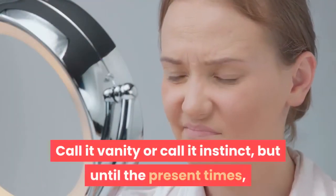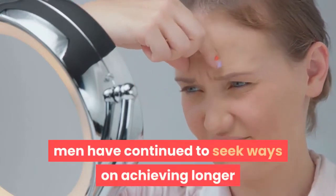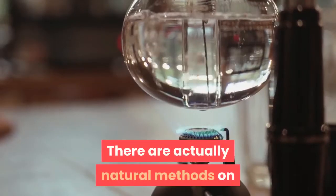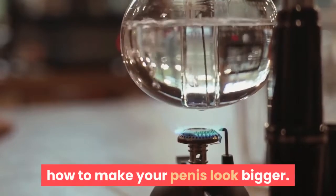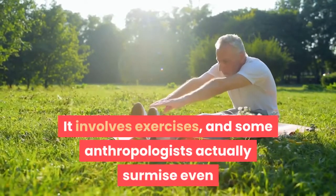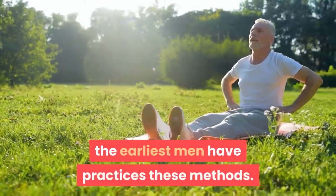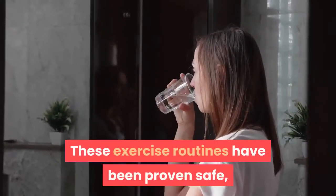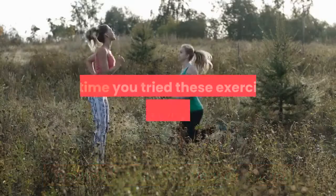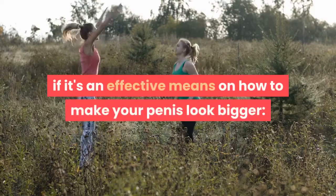Call it vanity or call it instinct, but until the present times, men have continued to seek ways of achieving longer and bigger penises. There are actually natural methods on how to make your penis look bigger. They involve exercises, and some anthropologists surmise even the earliest men practiced these methods. These exercise routines have been proven safe, cost nothing and are very effective. It's time you tried these exercises and see for yourself if it's an effective means on how to make your